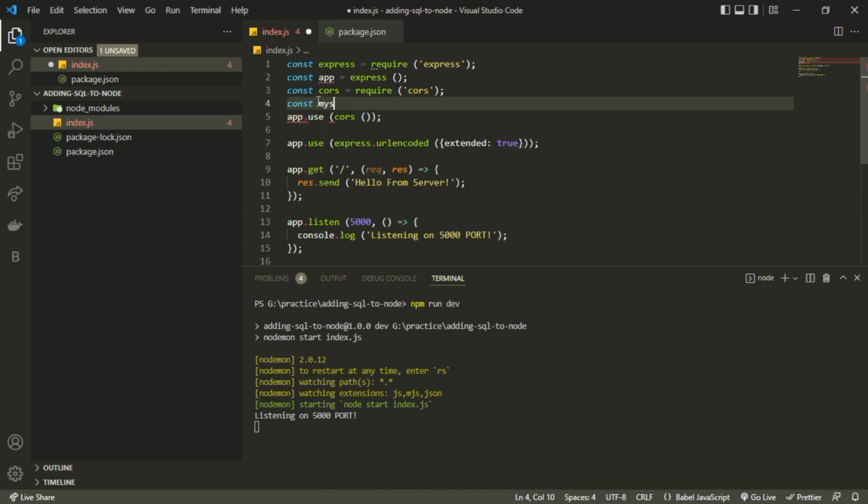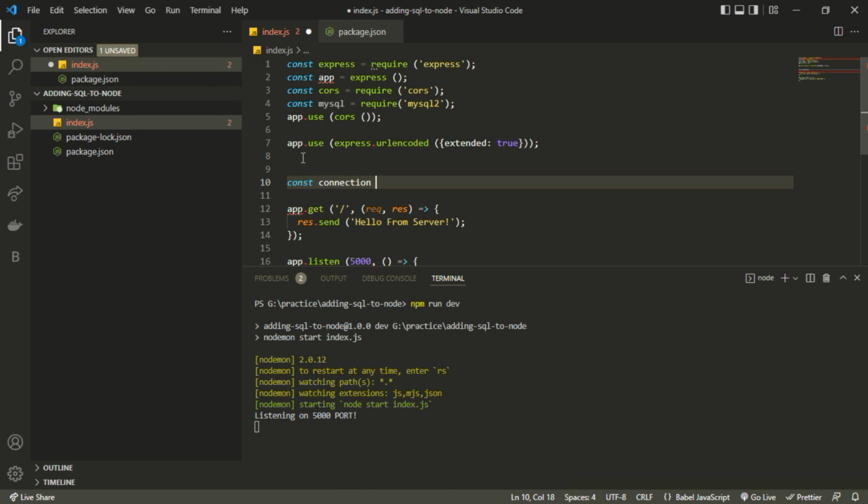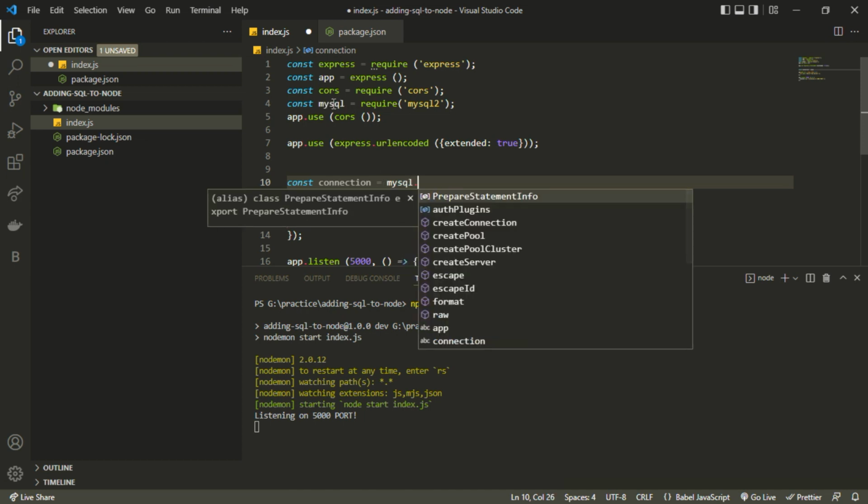First of all, we'll be requiring that package which we installed, which was MySQL 2, right? So we have this package initialized in this variable. Now after that we can simply create a connection variable or a constant. You can name it anything. I'm just following the docs, so I'll be using connection. You can use any constant name or a variable name if you want to make it a variable instead of a constant. So I can use it with the help of the MySQL constant, which we initialized here, and after that